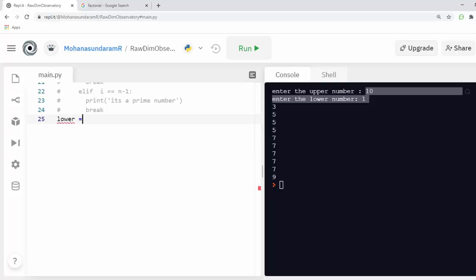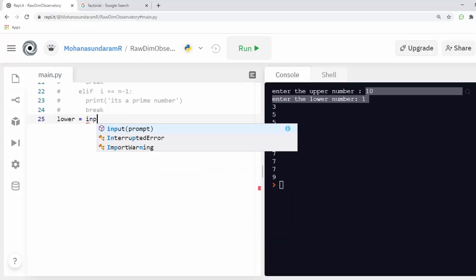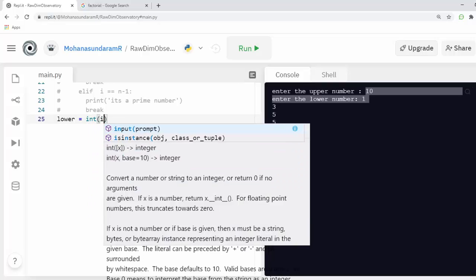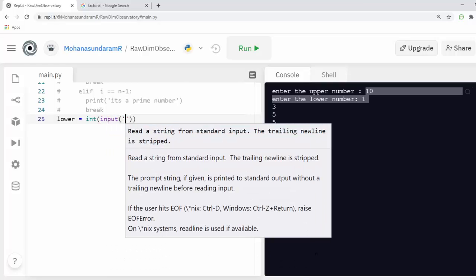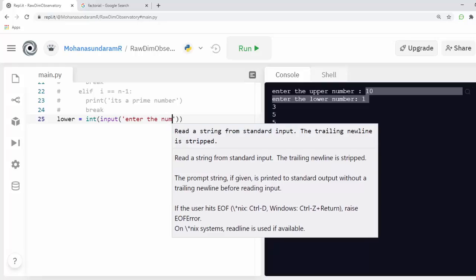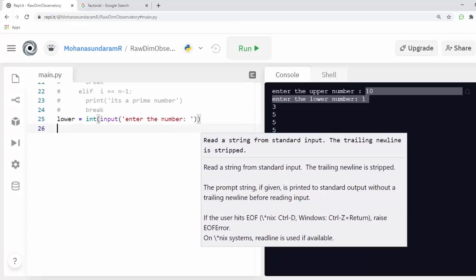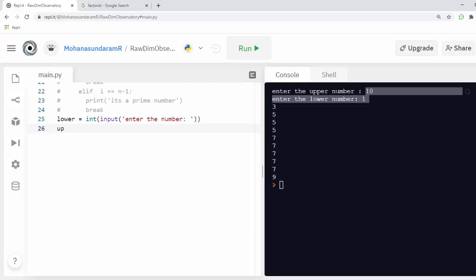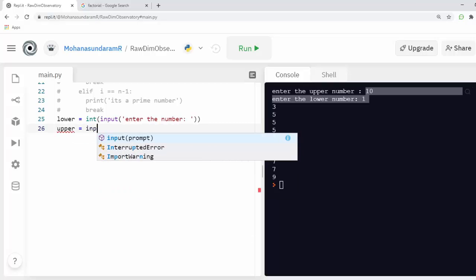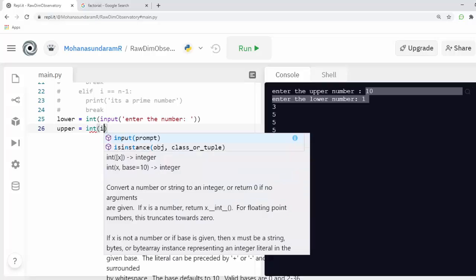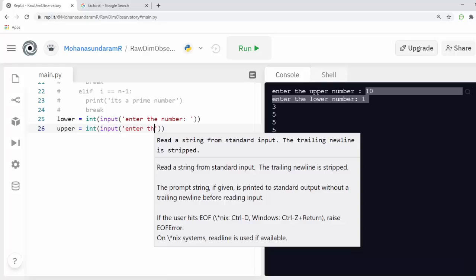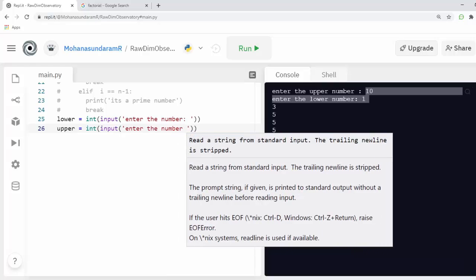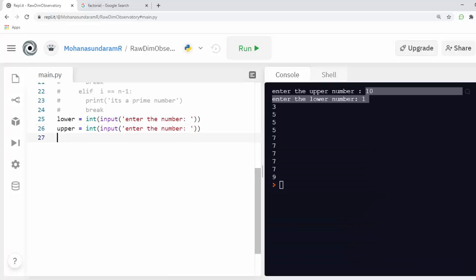First I'm getting a lower variable, which is going to be an integer input, and I'm getting my upper variable. Okay, these are my two variables, and I'm making my condition here.